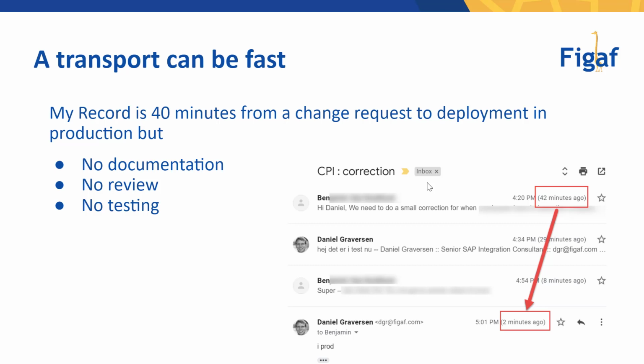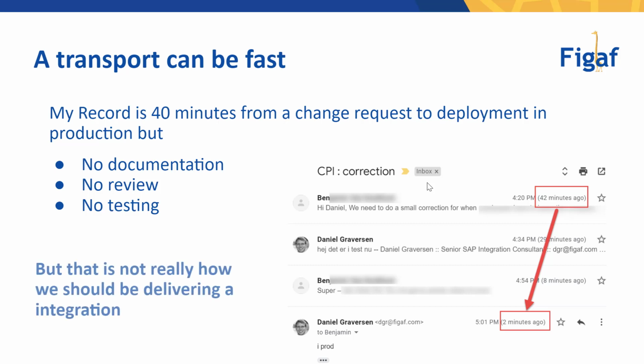I've made the fix and transported it into production, but I do not have any documentation, I do not have any review, and there's really no testing of this done. I guess for the scenario it could make sense, but I really had a bad taste in my mouth knowing that someone else would actually need to support this